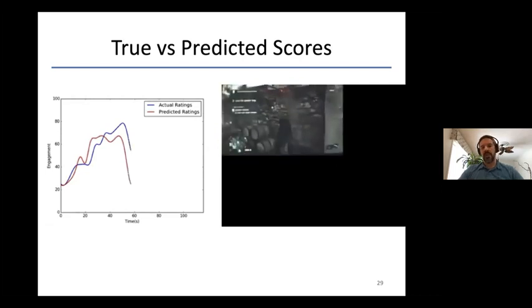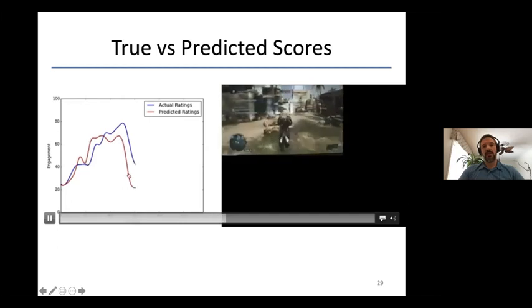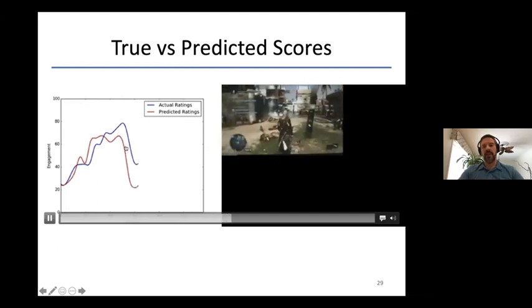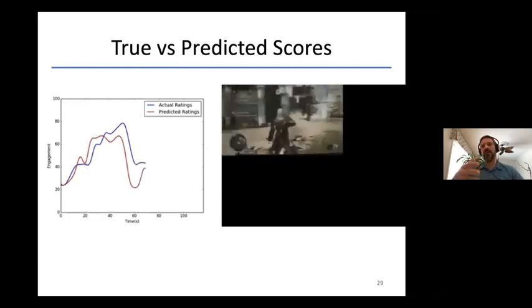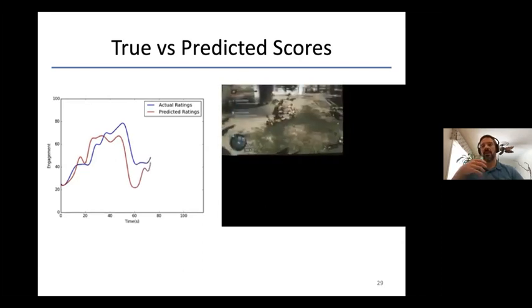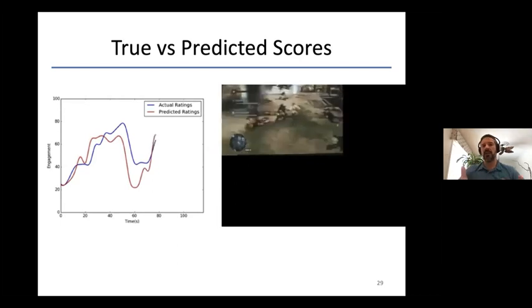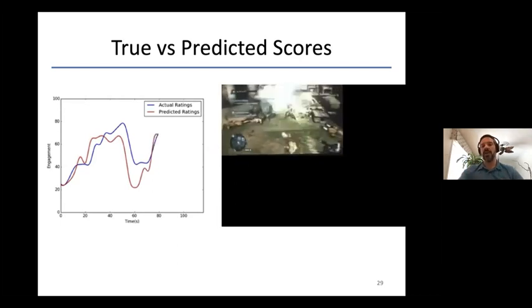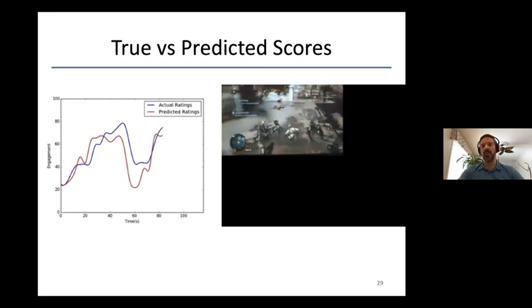But what was interesting here is you can see the red curve starts increasing or decreasing a few seconds faster than the actual ratings. And what this is telling us is that this is a problem that you face when you're trying to monitor users: you can't really get real-time ratings from the user while they're playing the game or while they're interacting with something, because that will be disruptive to the experience. So usually you ask them afterwards to report.